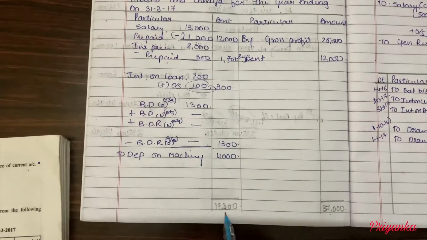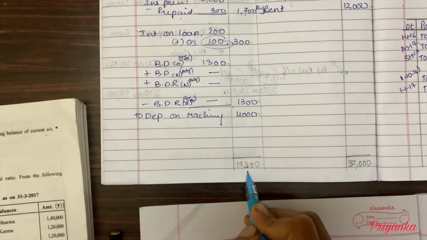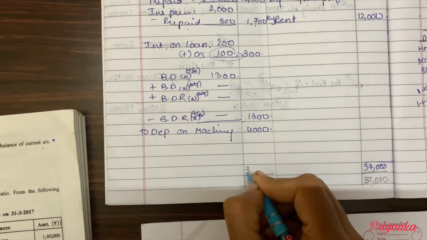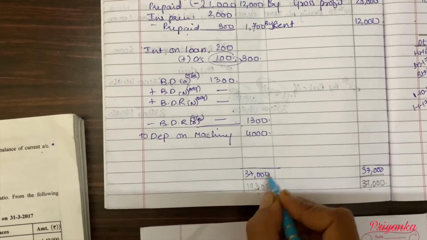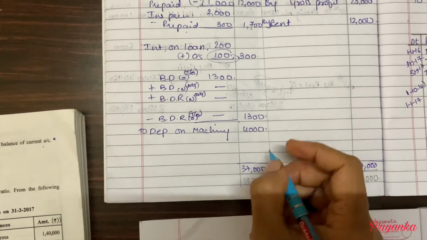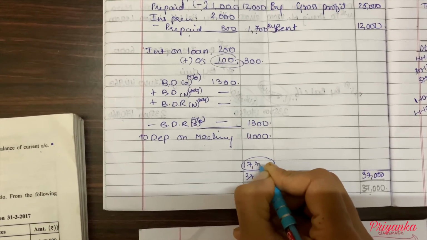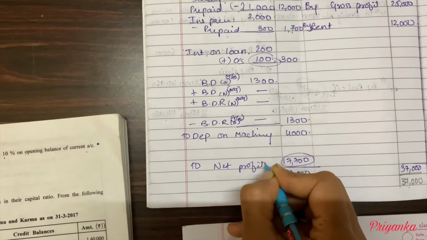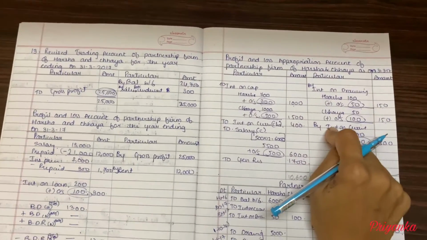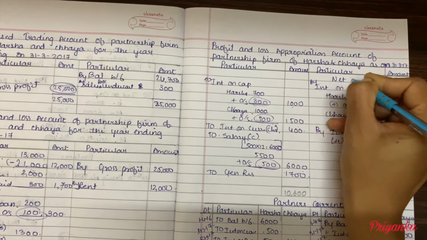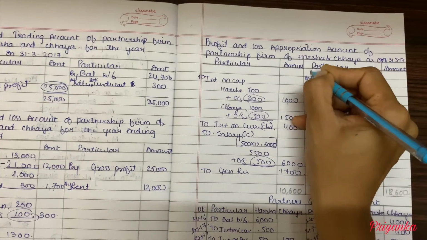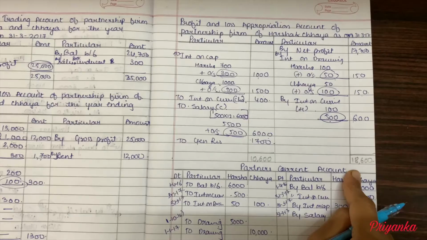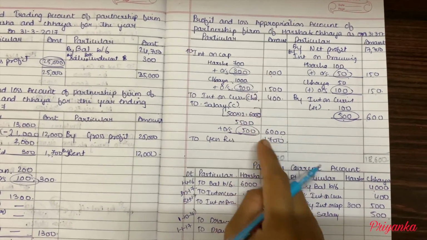Now we'll make a total of the profit and loss account. 37,000 is more compared to the debit side 19,300. So first let's write down 37,000 on both sides and subtract 19,300. You will get the difference of 17,700, which would be the net profit. Now we move to the next entry. It is over here with the net profit 17,700, and if we make the total of it, we'll get 18,600, and if we make the total of this,